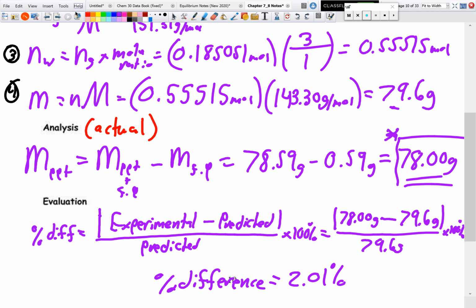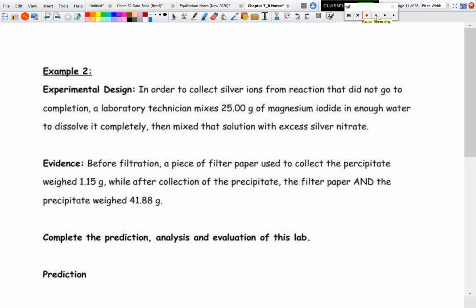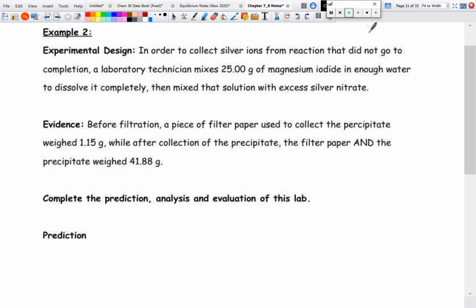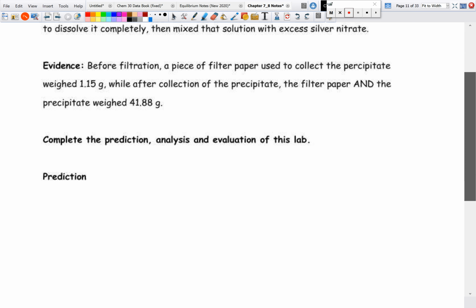So let's have a look at example 2. All right, so example 2, it says, in order to collect silver ions from a reaction that did not go to completion, a laboratory technician mixes 25.00 grams of magnesium iodide in enough water to dissolve it completely, then mixes that solution with excess silver nitrate. So of course, our experimental design, this is what we use for our prediction. Remember, our evidence, this is what we use for our analysis. So I'm going to ignore this stuff right here, just for right now, and